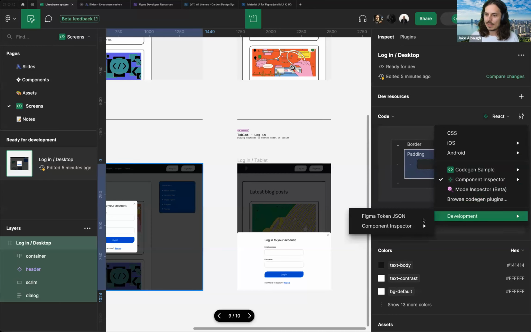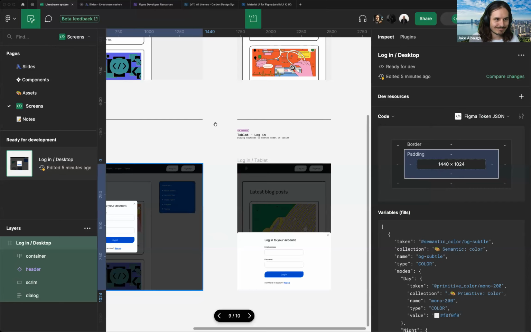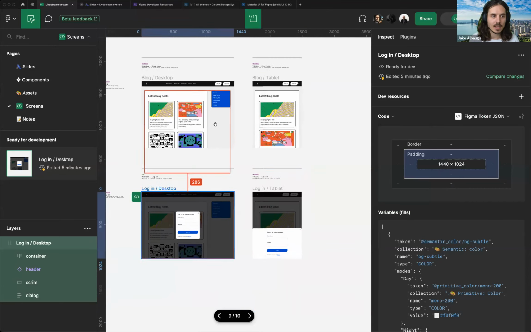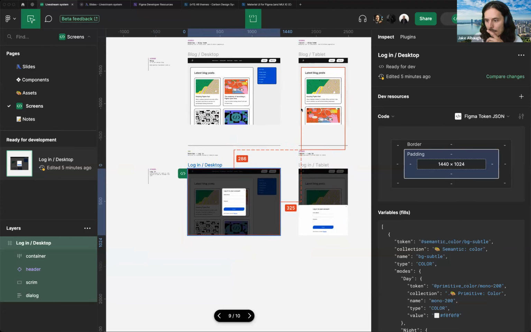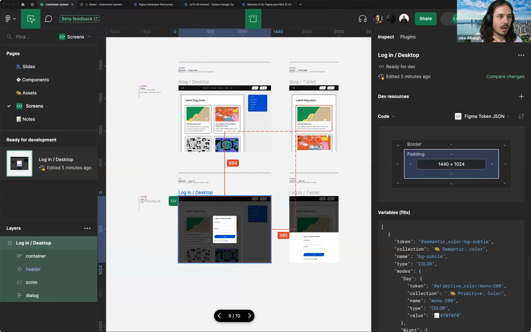So this is a plugin I have that's currently in development. It's called Figma Token JSON. We've been thinking a lot about how to manifest variables. Is my screen clear for everybody? Cool. How to manifest tokens